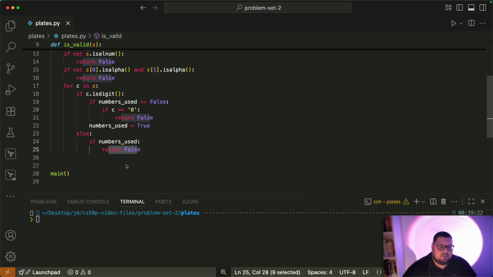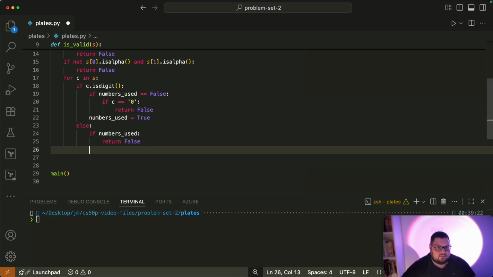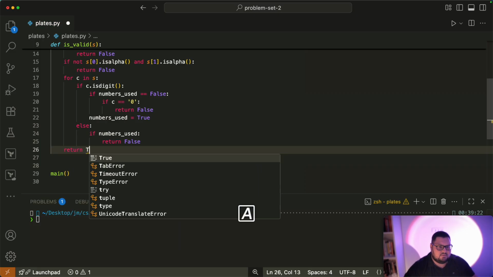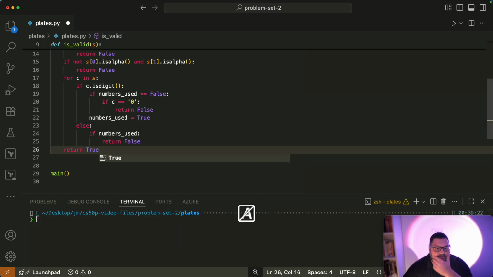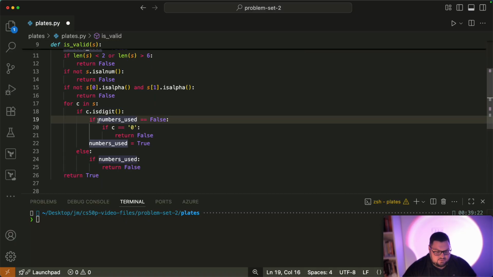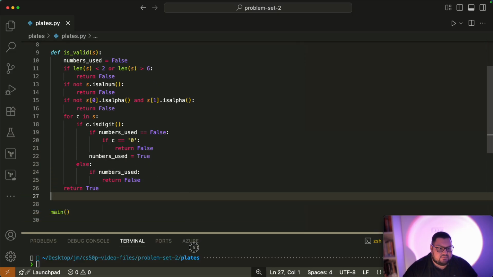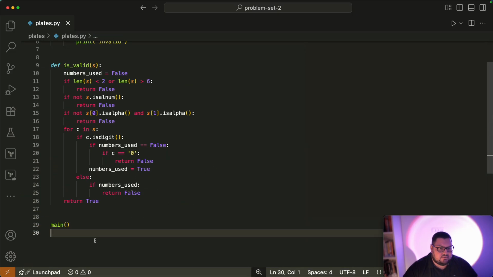So yeah, I'm actually missing return true at the end. So yeah, return true. So if we don't hit any of these, we return true in the end. So let's see if this works. So this is my function,